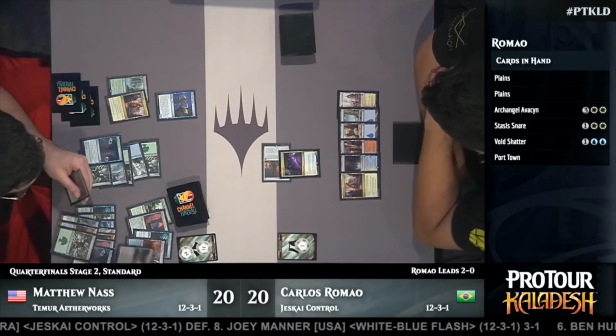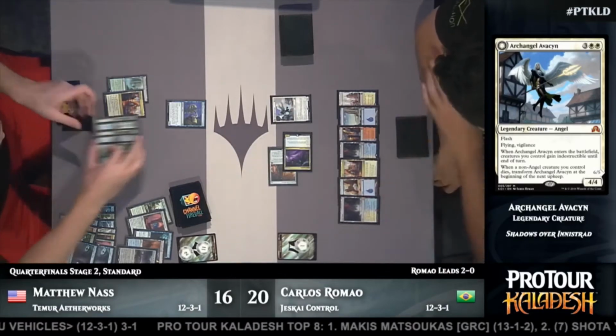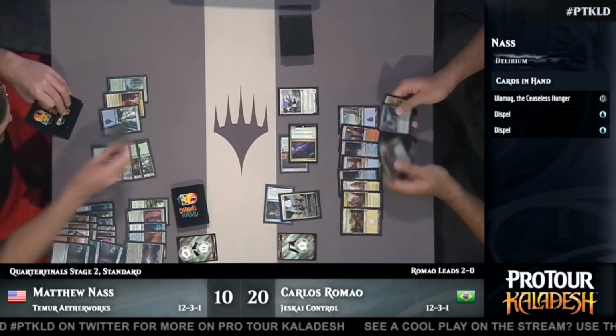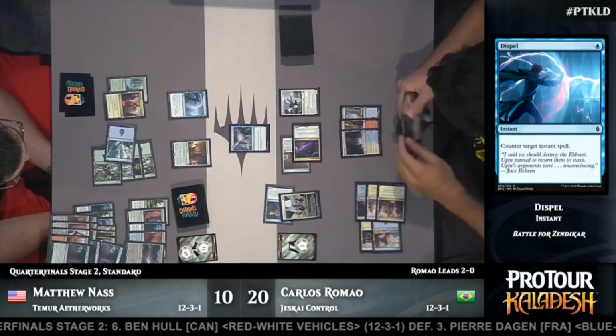go to Plan C, which keeps yet another Contingency Plan while milling an Emrakul, and Avacyn hits the battlefield on end step to start the clock. Plan D finds a Marvel while Stasis Snare on a Crane turns a 5-turn clock into a 3-turn clock. More importantly, while Nass has 2 Dispels for Ramau's Negate and Void Shatter, another Spell Queller rolls off the top